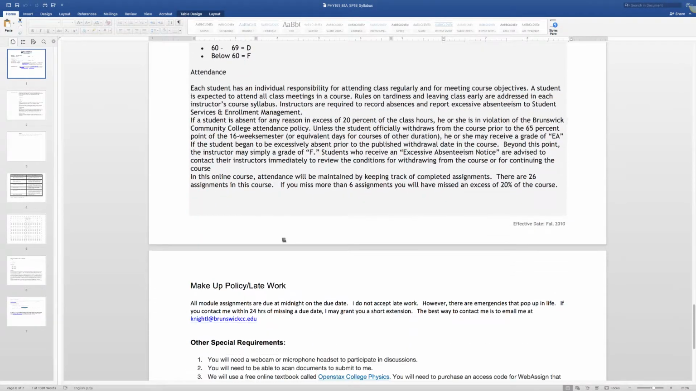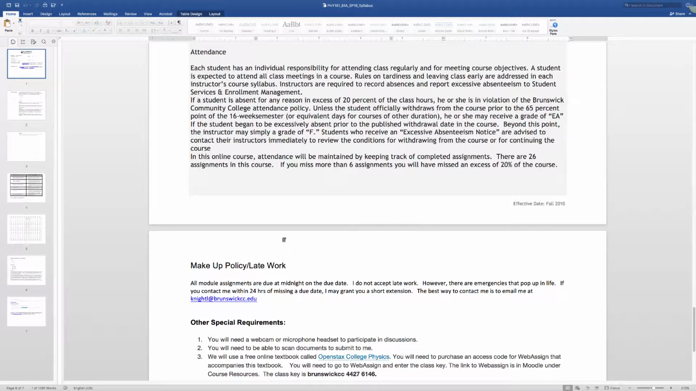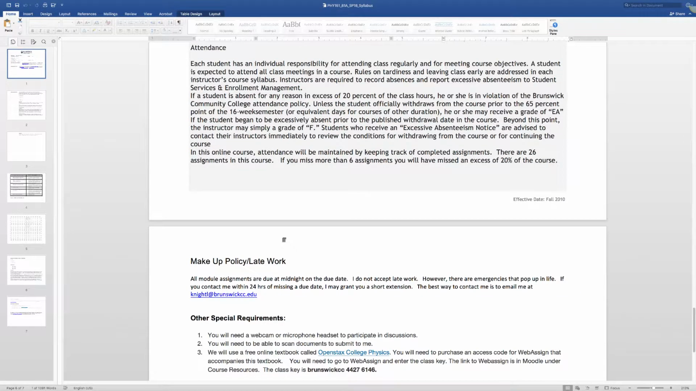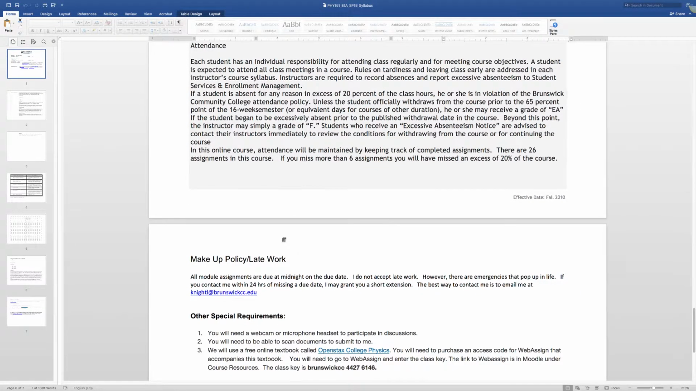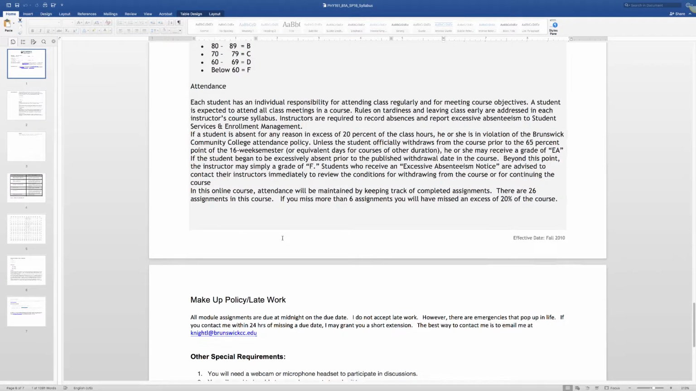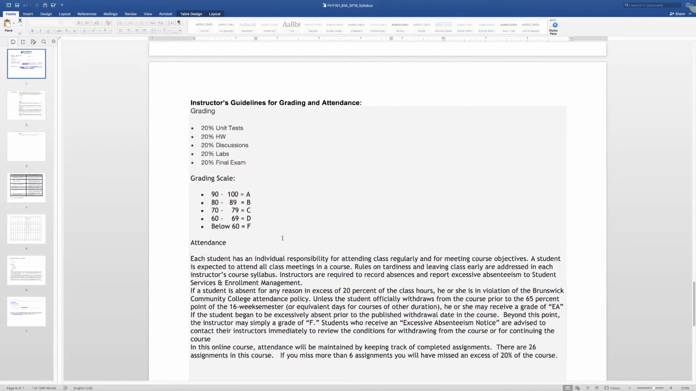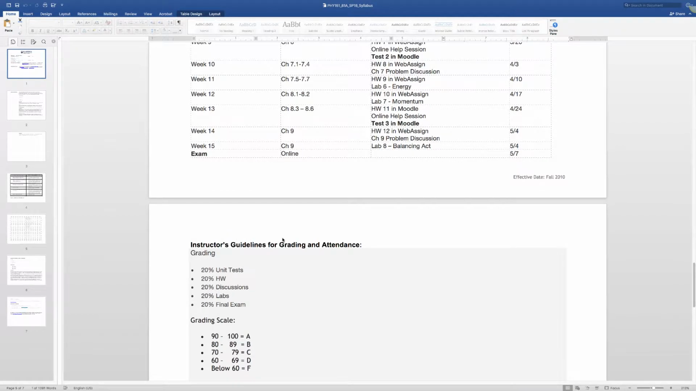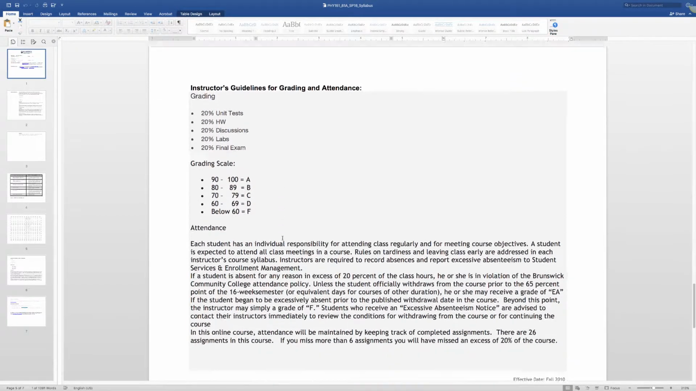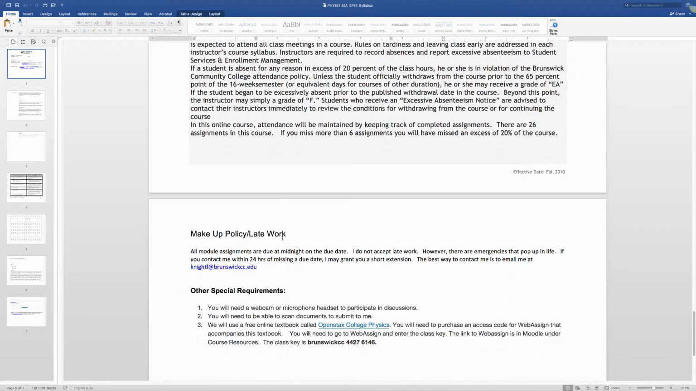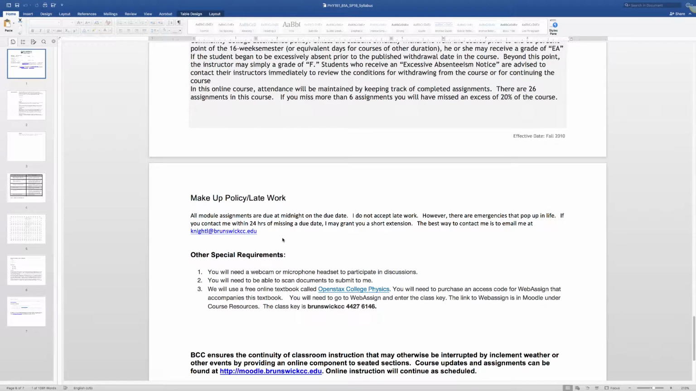And then, of course, for attendance, you need to make sure that you are attending the course and doing everything that you're supposed to do in the course and not missing too many assignments. And then finally, for makeup work, you definitely need to